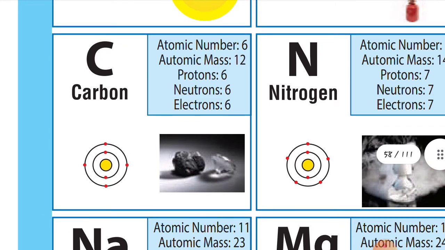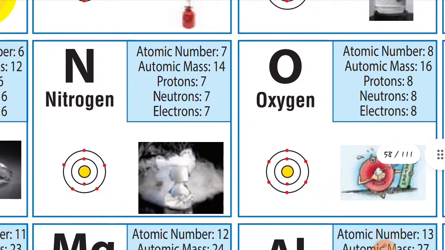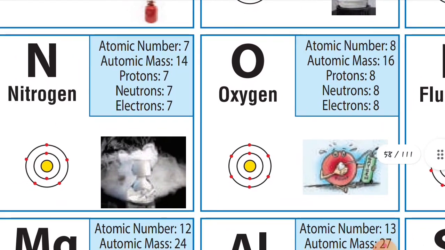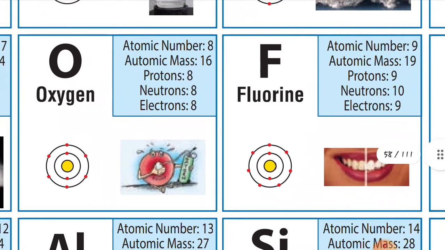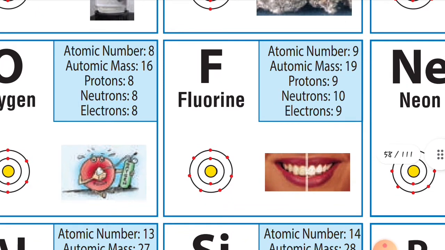You know, carbon atomic number how much? 6. And mass number is 12. Okay. And next one is nitrogen. Atomic number 7 and mass number is 14. And see the dots, children. See the shells: K shell, L shell and M shell. See the first one, children. 2 electrons, and they are revolving around how many? 6. So 2 plus 6, how much? 8. So here atomic number is 8 and mass number is 16. Oxygen. And next one is fluorine. Atomic number is 9 and mass number is 19.